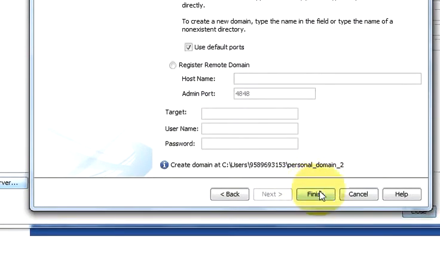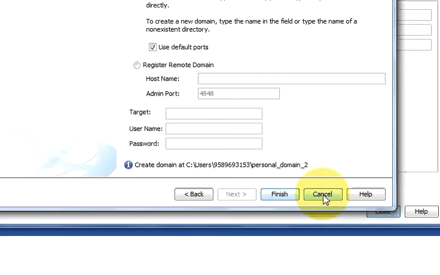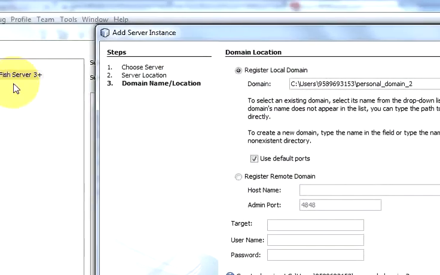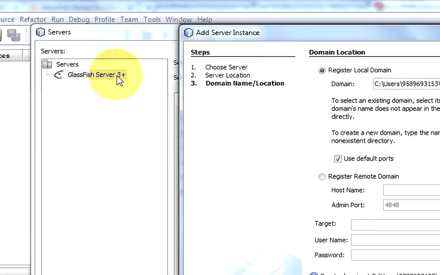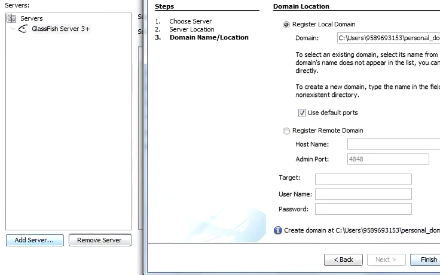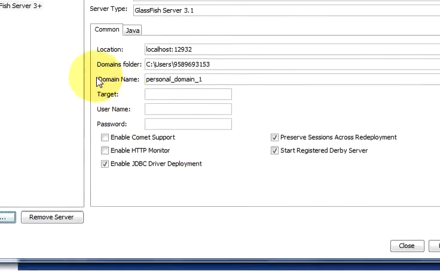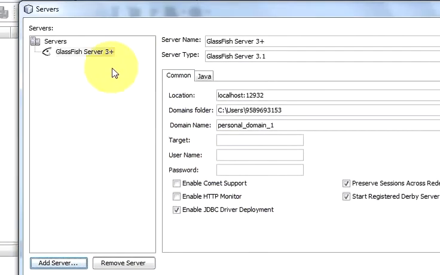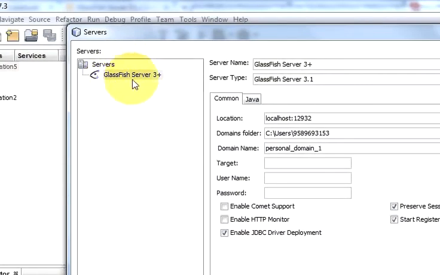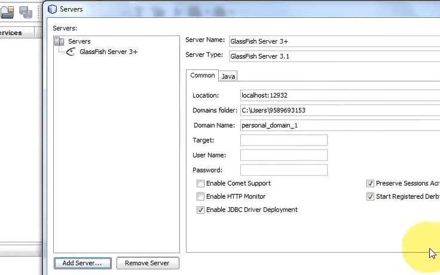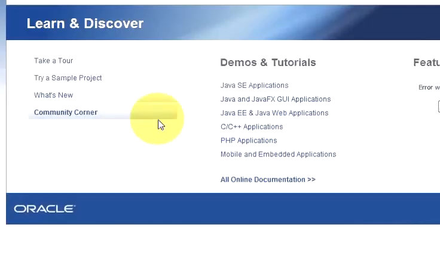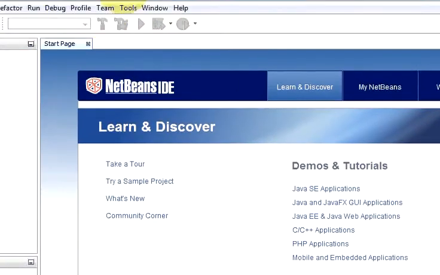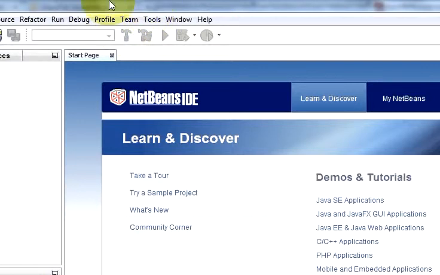Okay, and I have already configured this Glassfish on my NetBeans IDE, which is like this. So I will cancel it, but you need to do it like that. Okay, and after configuring, you will see the Glassfish server here. Now when your Glassfish server is already configured,